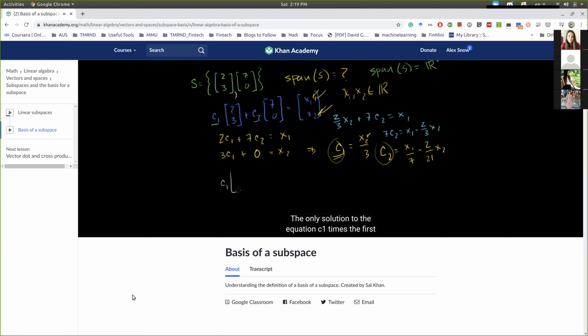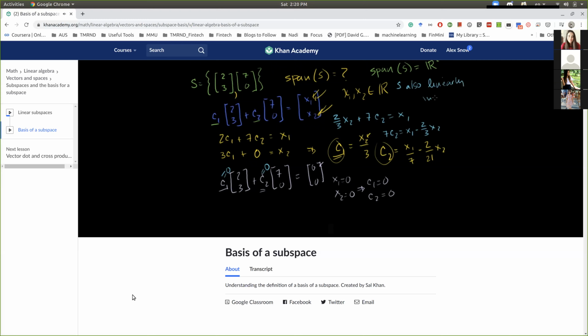If I want to get the 0 vector, C1 is equal to 0 over 3, so C1 must be equal to 0. And C2 is equal to 0 over 7 minus 2/21 times 0, so C2 must also be equal to 0. So the only solution was setting both of these equal to 0. So S is also a linearly independent set. So it spans R2 and it's linearly independent, so we can say definitively that the set of vectors S is a basis